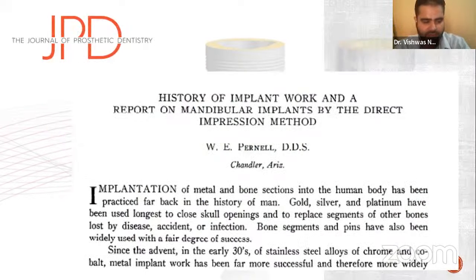This is the first article on implant impressions, published in 1952, whereby the technique described was removing the flap and then taking the impression of the naked bone. So definitely we have gone a long way from that to open and closed-way copings, and finally the digital pathway that we can see nowadays.